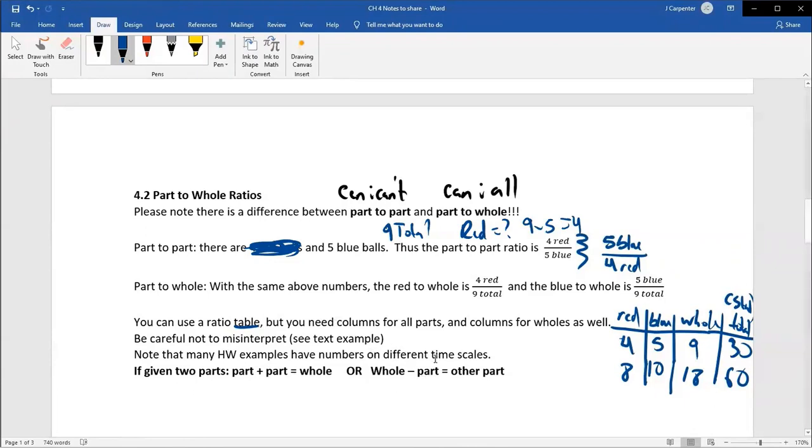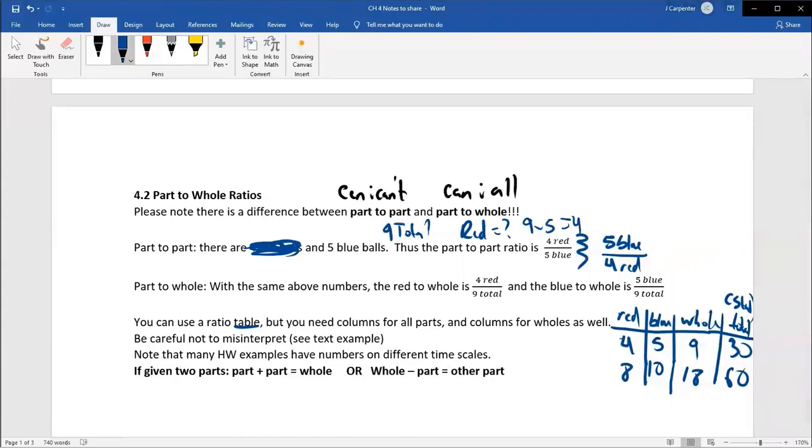If I tell you there's 5 parts and I only tell you 1 part in the total, you surely can't figure out the other parts because you can only not know one thing. That's a pretty general rule of thumb in math. If you know all but one thing, you can figure out what that missing component is. If you're missing several components, it becomes a much more difficult, if not impossible, problem for us to figure out.